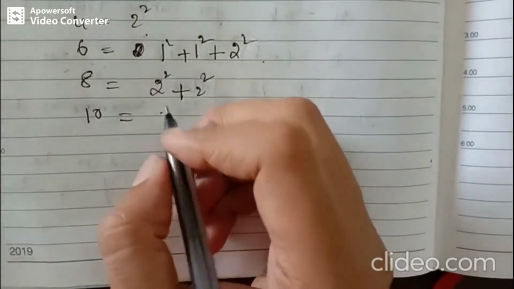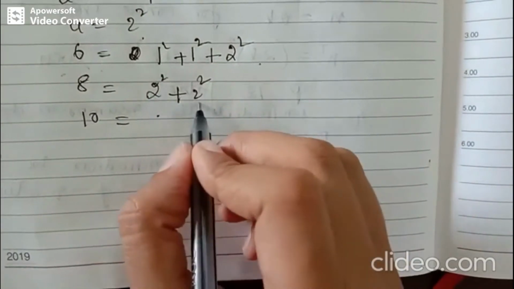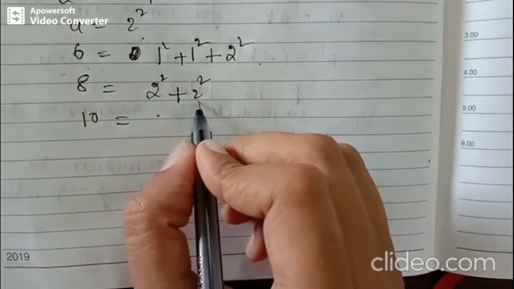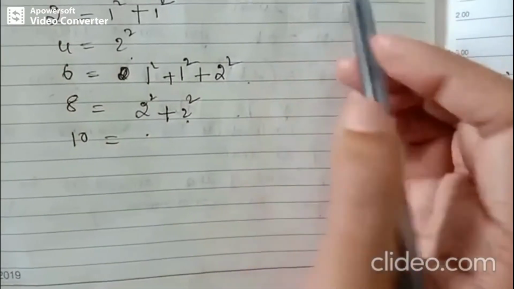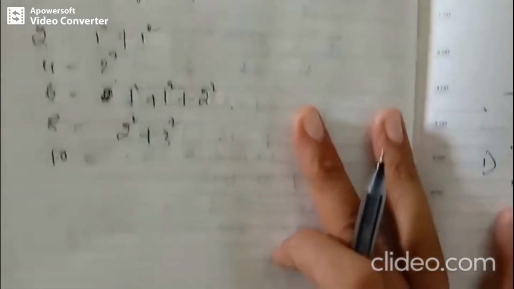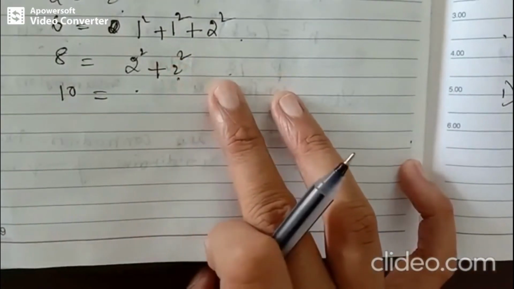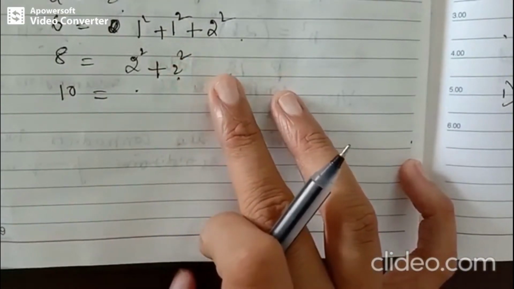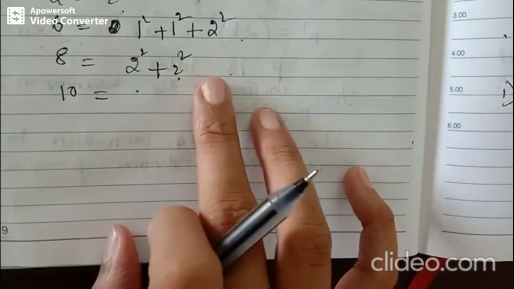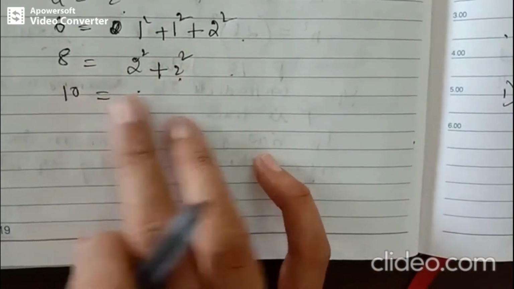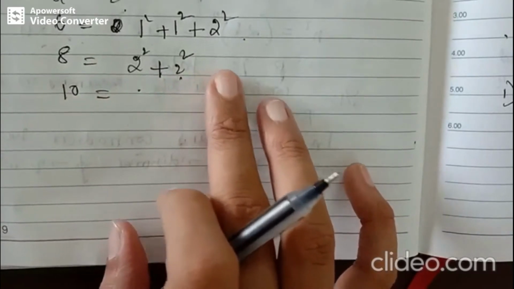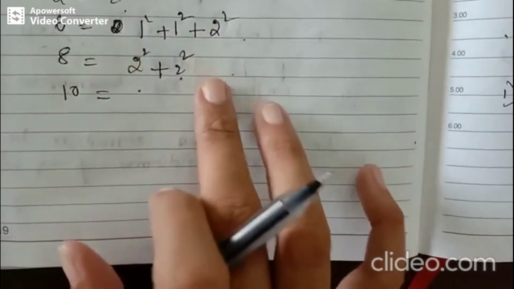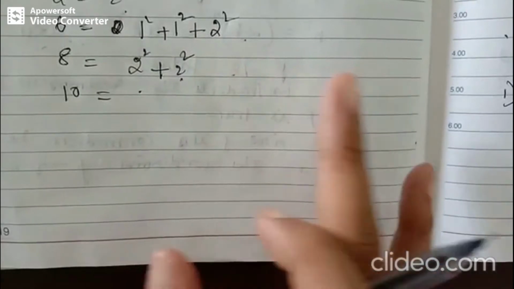Next, we'll see how 10 can be written. Here, this covers 8, right? Still I cannot bring 2 more. Why? Because at most you need to have 3 perfect squares. This requires 2 more of 1s, and 1 more of 2s is not possible. That means I cannot have plus 2 square, as the sum would not be equal to 10. So I cannot have another plus 1 square because it exceeds at most 3 perfect squares.